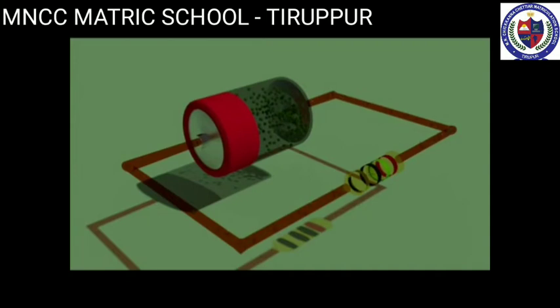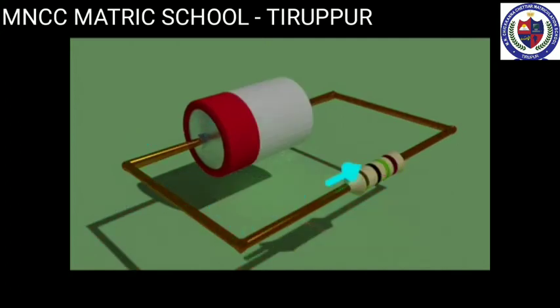Ammeter is an instrument used to measure the strength of electric current in an electric circuit. The ammeter is connected in series in a circuit where the current is to be found. The current flows through the positive red terminal of the ammeter and leaves from the negative black terminal. The electrons flow from the positive terminal to the negative terminal.